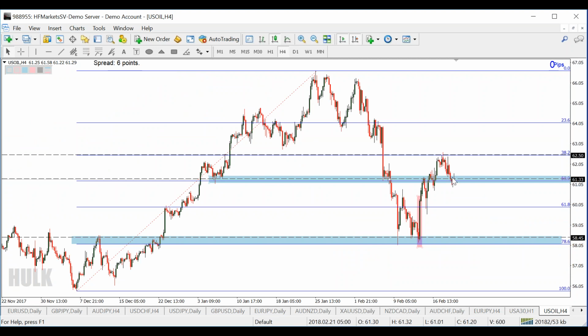Price breaks, retest. So if there is an H4 bullish engulfing, then another chance to go higher. Seriously. If it breaks below, the chance is it goes down to here. Because why? See? Here. This is resistance, this is support, this is support.